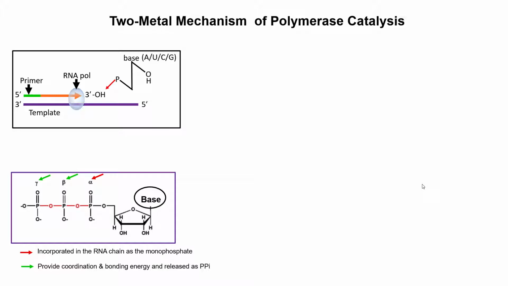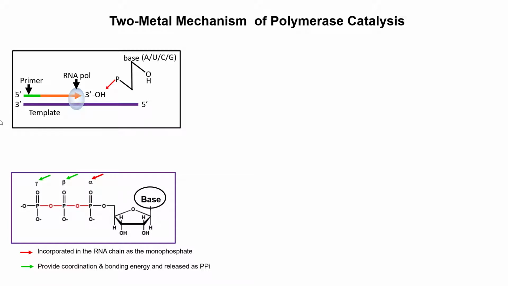It happens by a two-metal mechanism. And before that, we're just looking at a nucleotide. Just a recap, you have the base, which could be A, U, C, or G. Here you have the ribose sugar, and the base is connected to the first carbon. You count the carbons like this: 1, 2, 3, 4, 5. Remember that it's a pentose sugar, ribose sugar. And then you have the three phosphates attached: alpha, beta, and gamma phosphate. This is a nucleotide triphosphate. Remember that, NTP, nucleotide triphosphate is this. This is the building block.